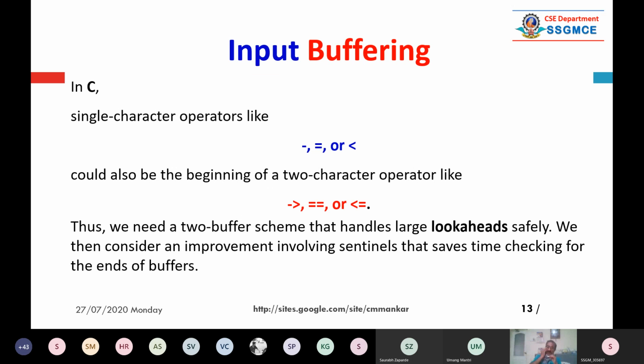Anyway, I was talking about the tricky problems. So here are some tricky problems. If you read the first character as a minus, then there might be a symbol like a greater than symbol. This is an arrow, or it is an implied symbol mathematically. If you read a single character minus, the compiler, or scanner, doesn't assume immediately that it is a minus symbol or subtraction. It reads the look ahead, which means the next symbol.